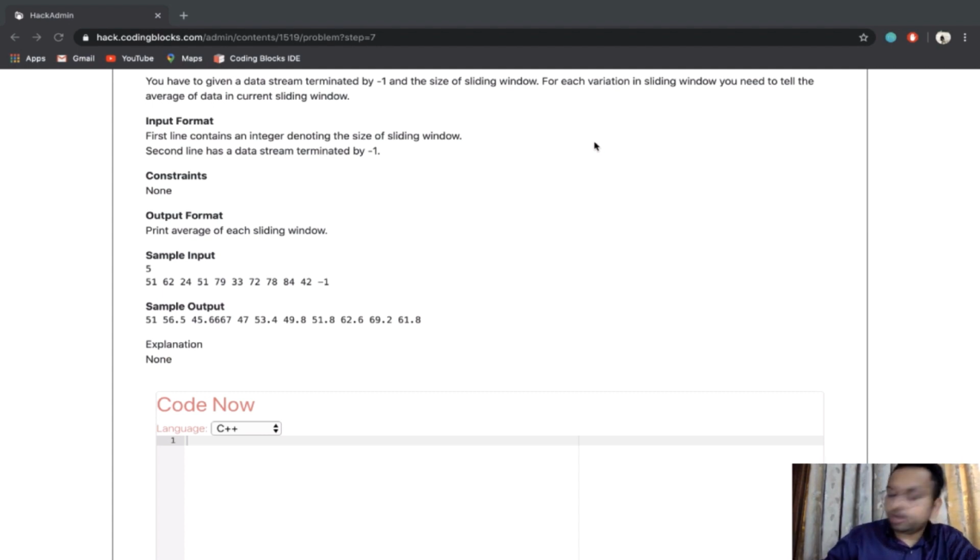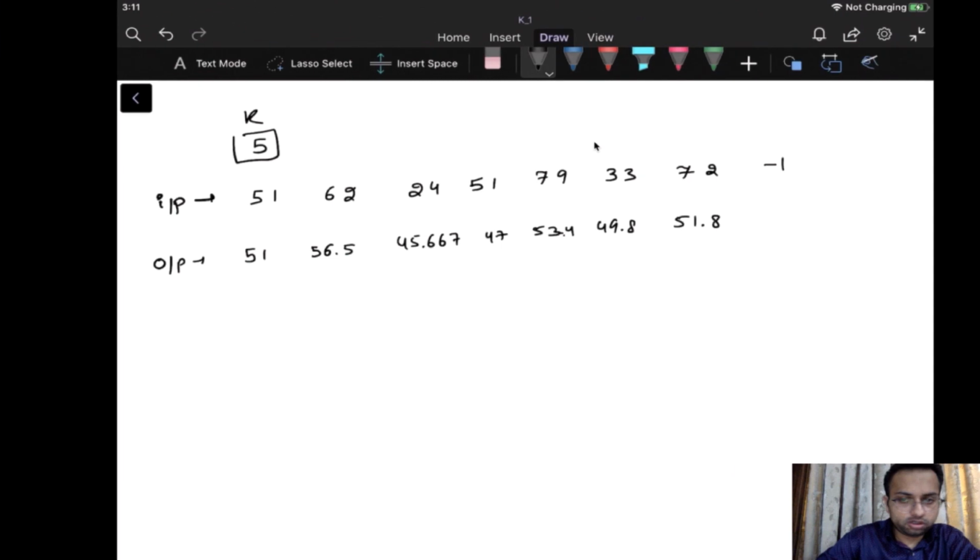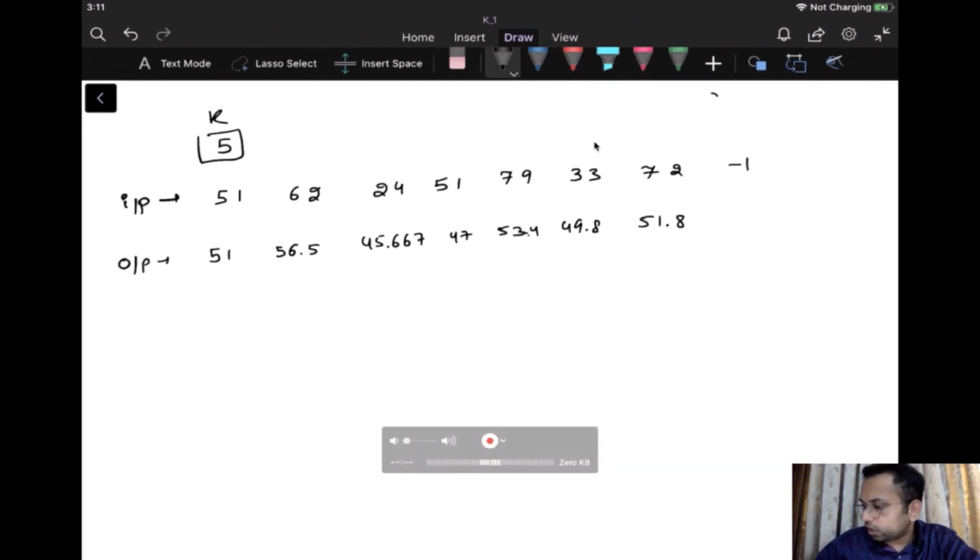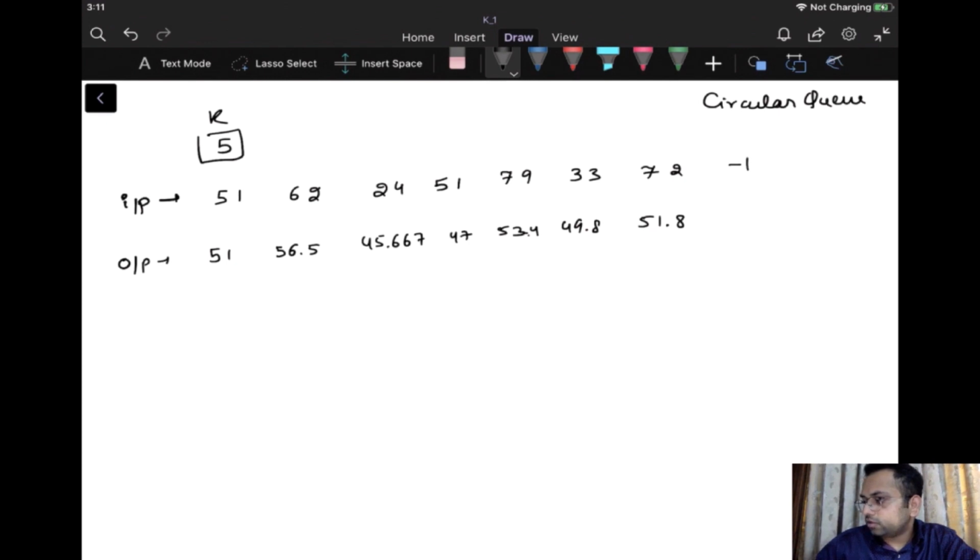So let us see how we can do this problem. We will see 2 approaches: using a circular queue, and using a normal queue. First, let us see how we can do this problem using a circular queue.